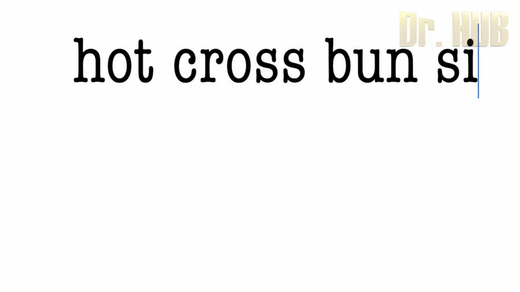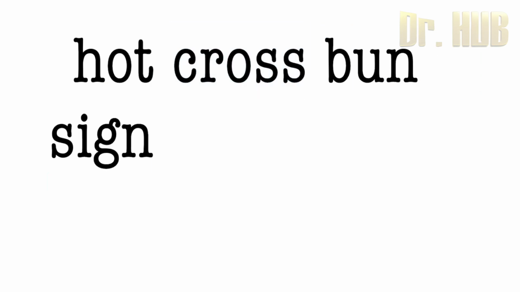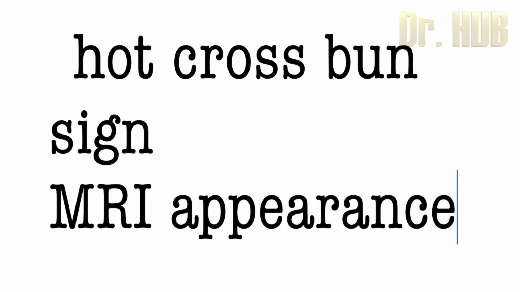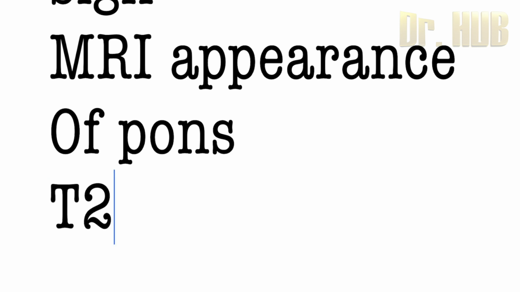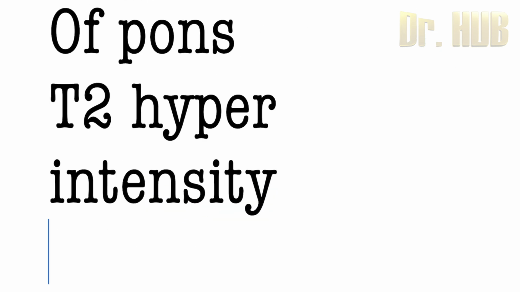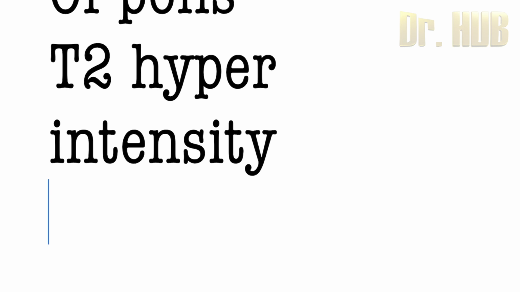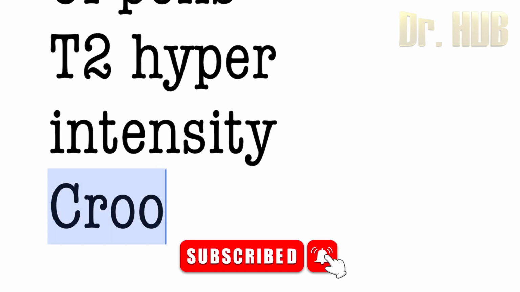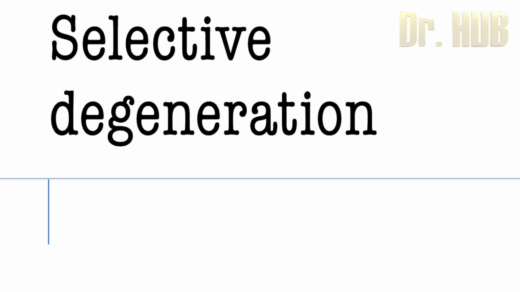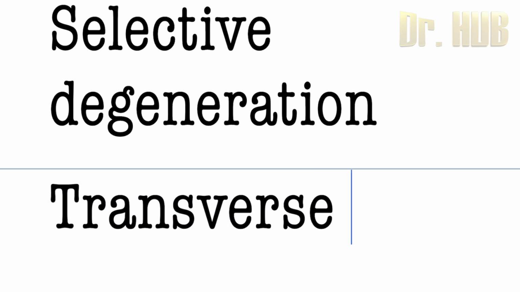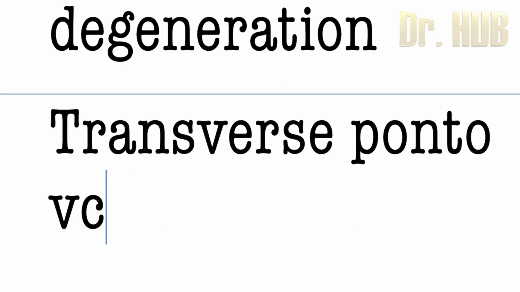Hot cross bun sign. Here in the hot cross bun sign, it refers to the MRI appearance of the pons when the T2 hyperintensity forms a cross on the axial images, and it represents a selective degeneration. So selective degeneration is seen, and this is of the transverse pontocerebellar